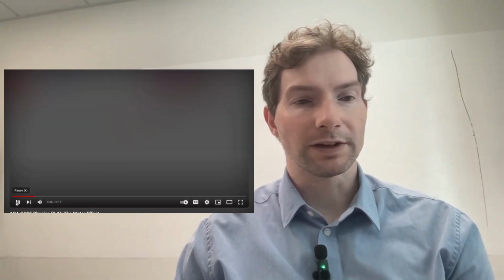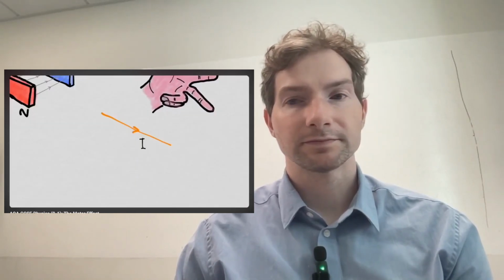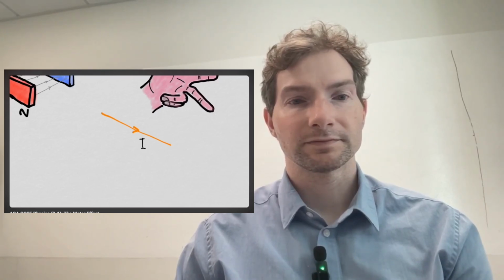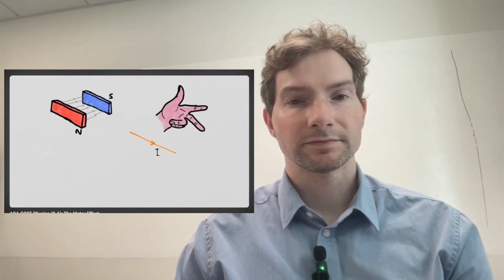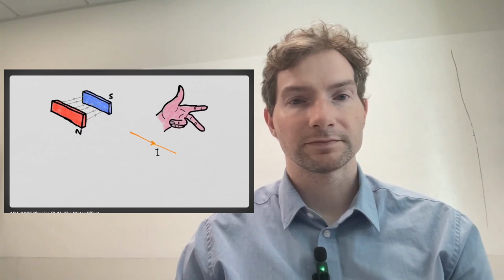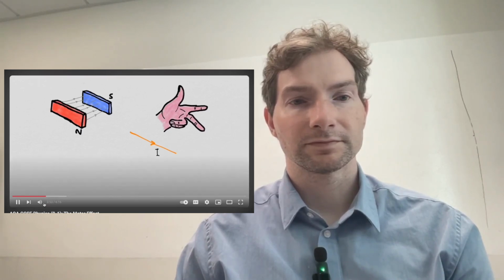Then another one here. Will form concentric circles around the wire. Now if I was to take this wire that's generating a magnetic field and place it into a different magnetic field, then the two magnetic fields will interact with each other. So the magnetic field of the wire will interact with the magnetic field of the two